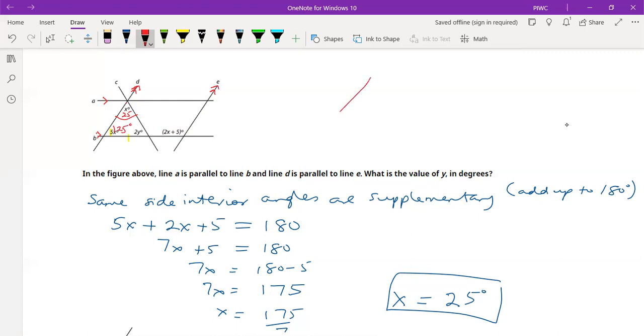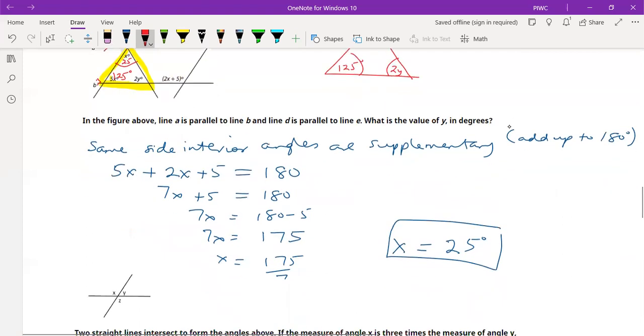So we have a triangle. If we consider this portion, we have a triangle. This is 25. This is 125 degrees. So what will be this? We say this has been given as 2y. If you have a triangle, what do we know about the triangle? The sum of all the angles in the triangle add up to 180 degrees, right? Add up to, so in other words,